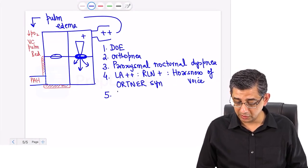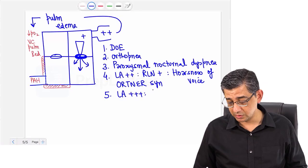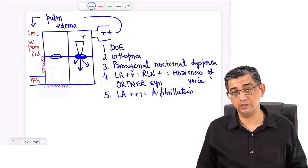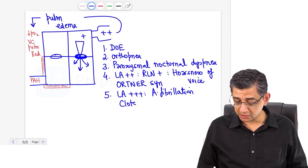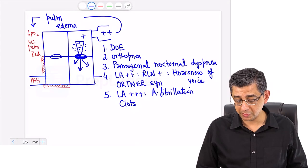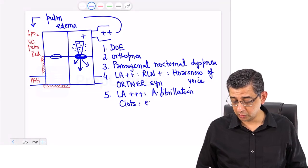The bad news is that the left atria will dilate even much more than what it was originally, and this can set off an arrhythmia by the name of atrial fibrillation. I've already told you atrial fibrillation happens to be the commonest sustained arrhythmia all across cardiology, and now because the atria are twitching, clots can be formed. Because of these clots, which would be numerous in the left atria and left atrial appendage, if any one of these clots goes into the systemic circulation, they can definitely go into the brain and